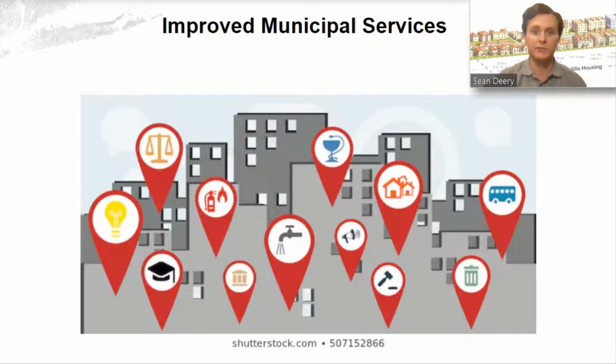The cost of municipal services increases directly in accordance with the distance traveled to provide such services to residents. Adding more residents to existing service districts in a dense way can reduce the burden that each of the taxpayers endure, and more residents in one area can support service expansion like sewer districts or bus rapid transit lines.